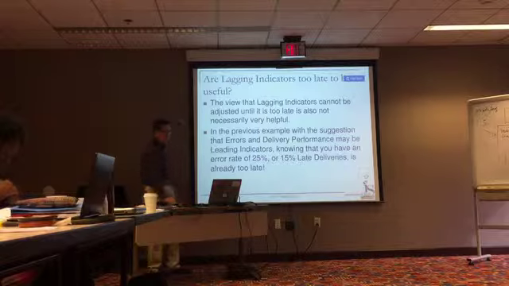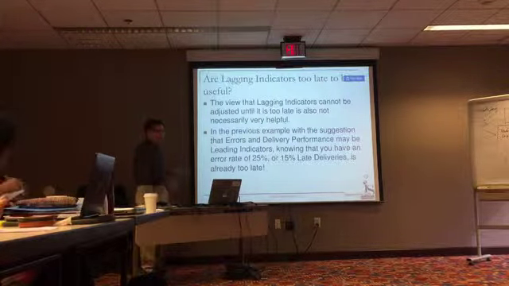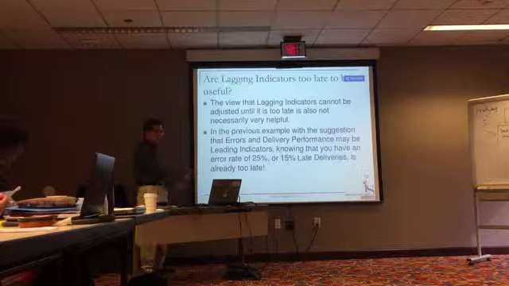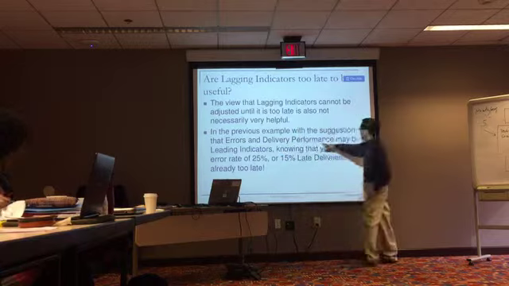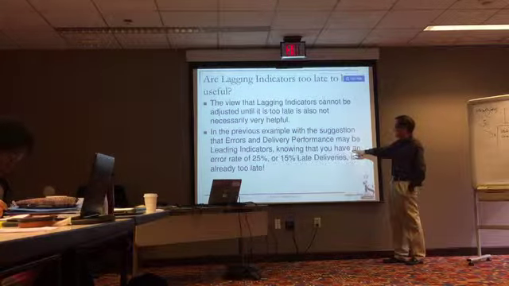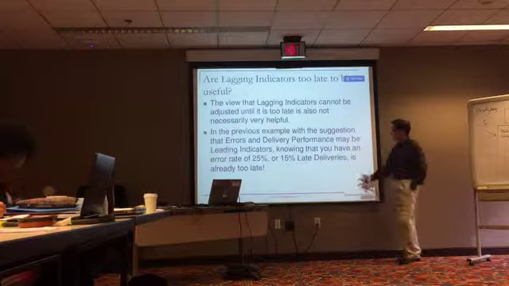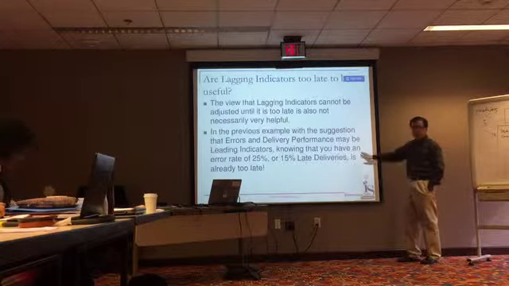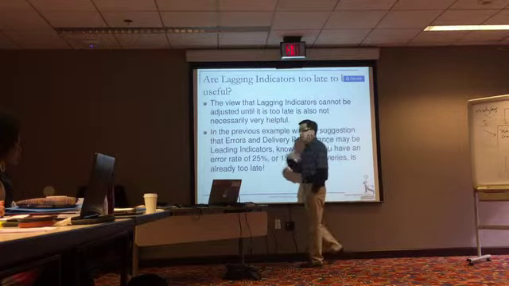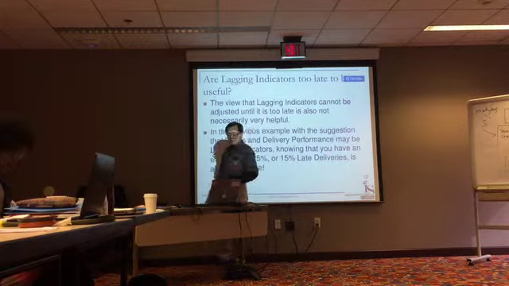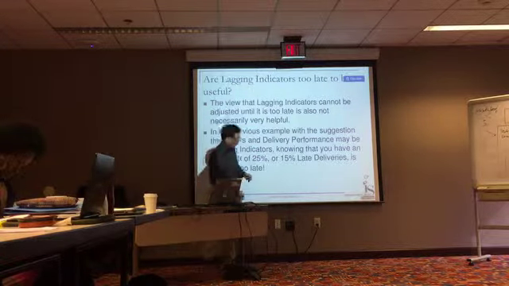A lagging indicator cannot be adjusted until it is too late. It's also not necessarily very helpful, if you don't do anything. In the previous example, with the suggestion that error and delivery performance may be leading indicators, knowing that you have an error rate of 25% and 15% late delivery, it's already too late. In other words, yes, at some point you find out this error rate too late, but knowing this percentage ex ante, another description,